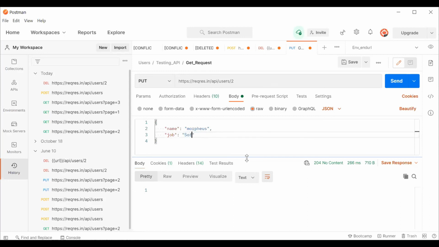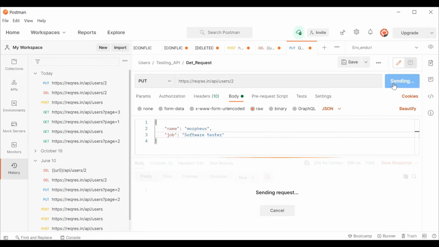So let's say here, because this is just a data we are inserting and we are validating whether it's accepting it or not. So data doesn't matter what you are entering over there. It's not like data must be same as developer has given you. Yes, obviously data types should be same. If they have given you in character and you're passing number, it can give you a problem. But if they have given you some job like leader and you are changing it to the software tester, it's not going to make any difference because it's same thing. So here you are inserting, actually you're updating row like you do in databases. So here you are saying change job where name is Morphus, change its job from leader to this or whatever you want to give. And that's it.